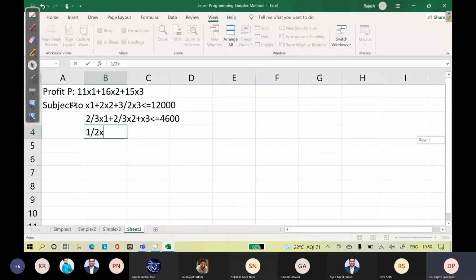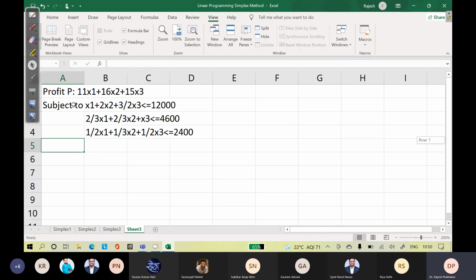1/2 x1 plus 1/3 x2 plus 1/2 x3 less than or equal to 2400.